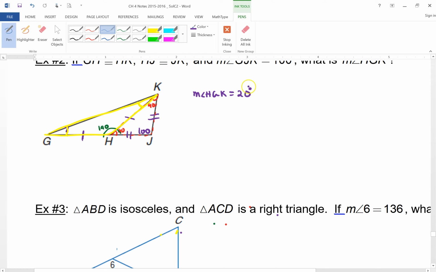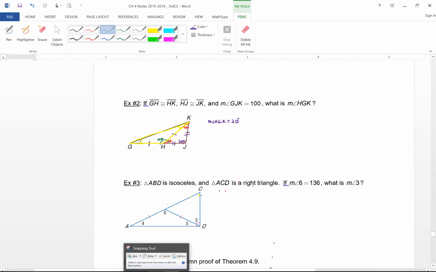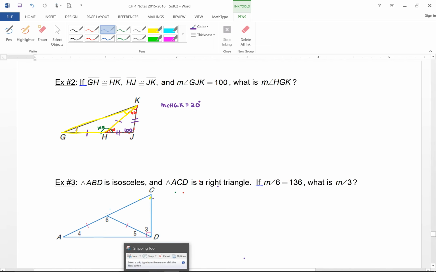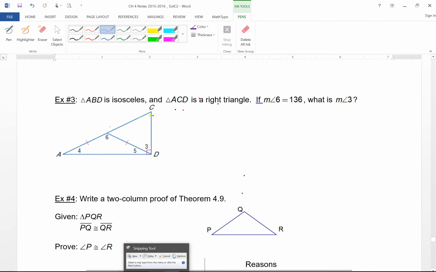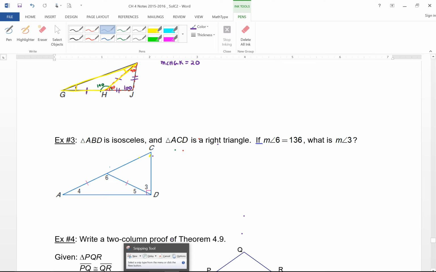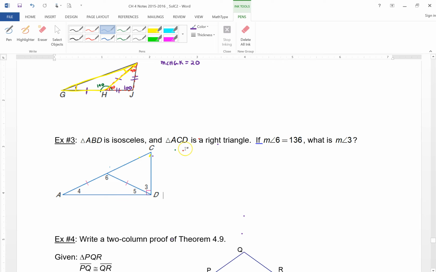All right, so the trick really is to not get overwhelmed. Divide and conquer, okay? Split it up into little compartments that you know how to solve, and then continue from there. Okay,